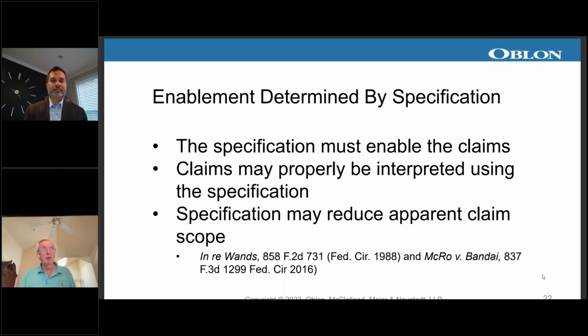Now, again, in litigation, you're going to have the advantage of discovery, and you're going to be able to compare the relative times and efforts that it took the accused infringer to develop his infringing technique as compared to the patentee. And if they're about the same, you probably have an enablement problem. And again, you're going to use expert testimony to support that.